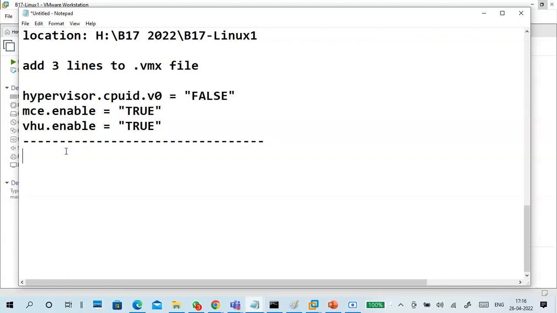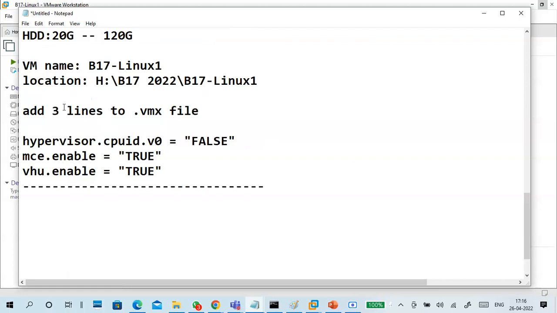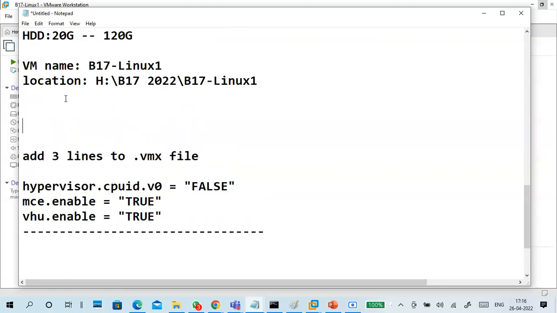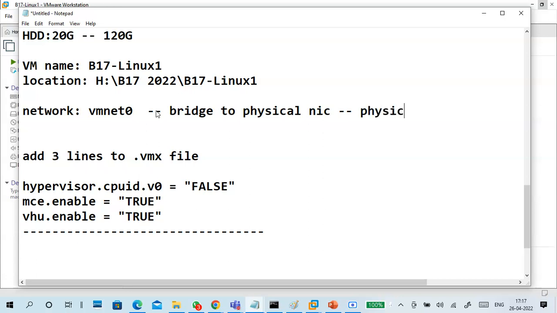Now we have to install, but I connected my network. So the network is VMnet 0, right? VMnet 0 is bridged to our physical NIC, so we get physical network access.